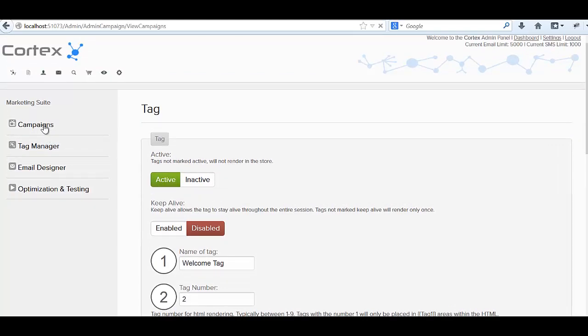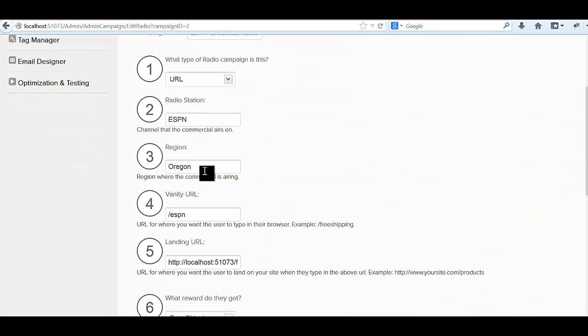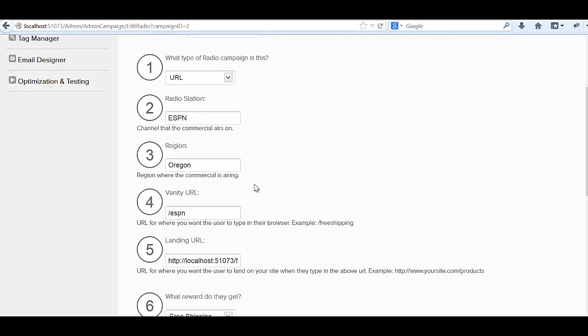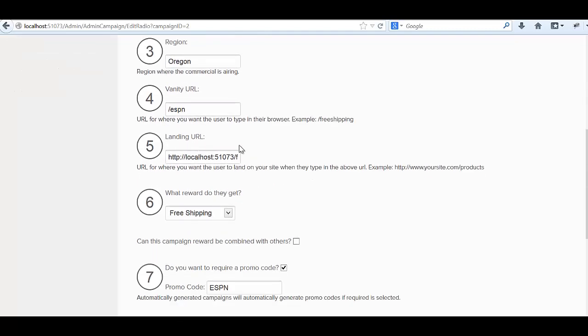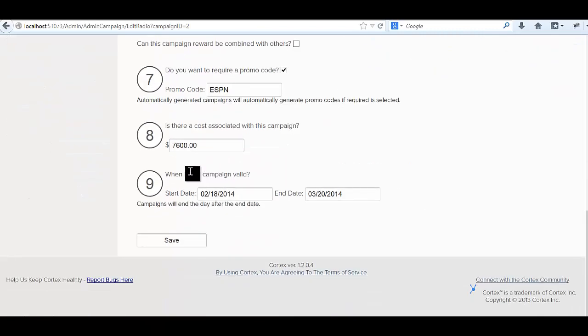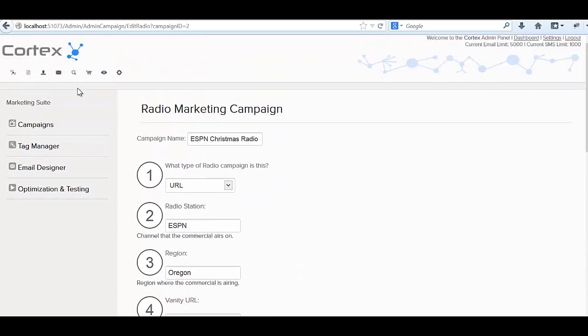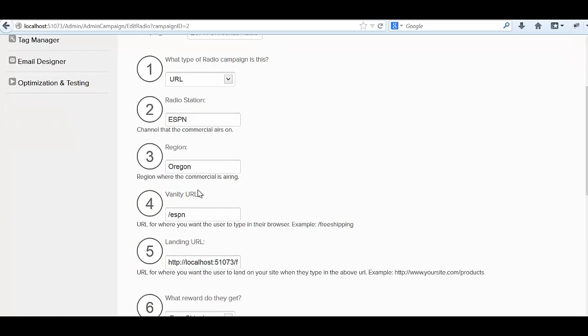Let's actually go back to the campaigns area, and we have our ESPN Christmas Radio ad here. Let's edit this campaign. And as you can see, anybody who comes to this URL, this /ESPN URL, will be coming from the ESPN Radio campaign, and we will make sure that they get a nice little message when they show up to the site. So let's copy this URL, head back over to the tag manager,